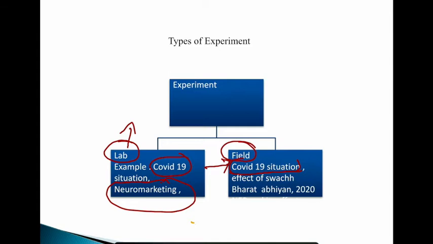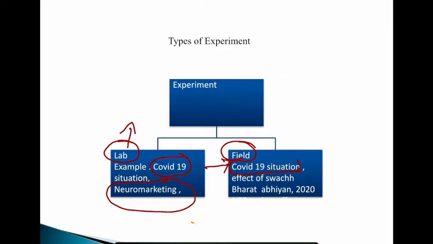So here also we are keeping some situations constant, and we are altering certain situations, and then we see the effect of that. So in lab, the experiment is to be conducted in a controlled environment. Yes, in field also we go for it, but it is a little bit tough to have a controlled environment in case of field experiment. The researcher has to follow a lot of principles for going for the controlled environment in case of field experiment.